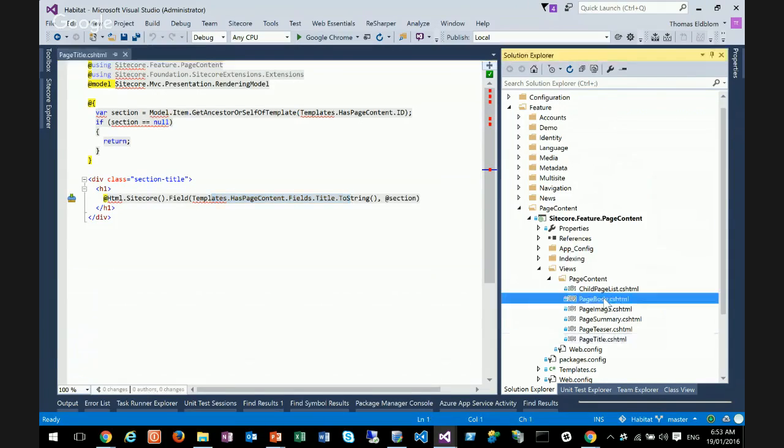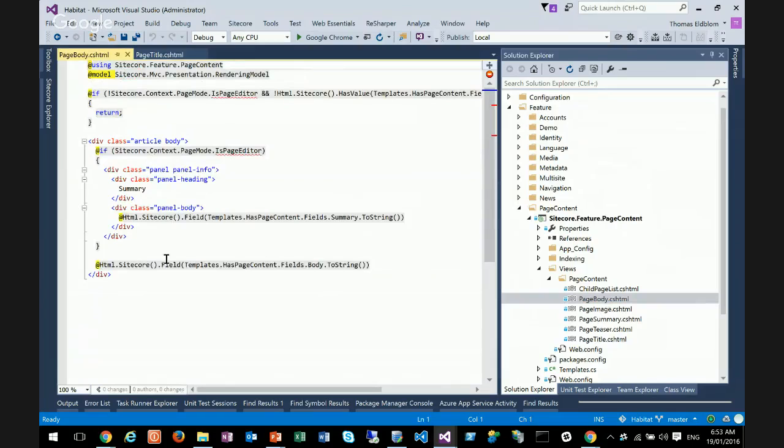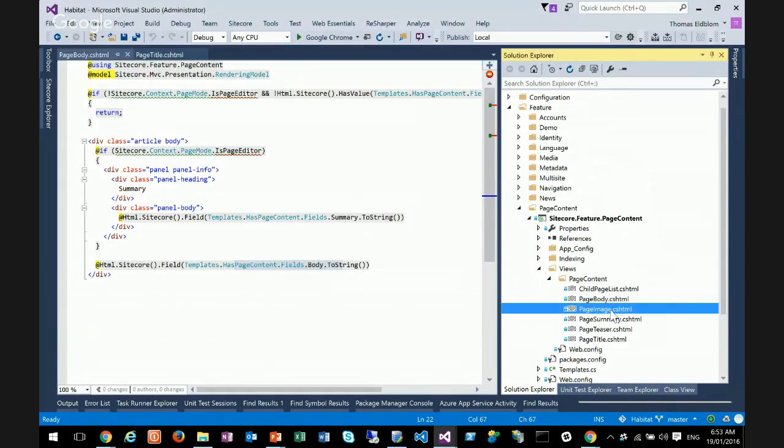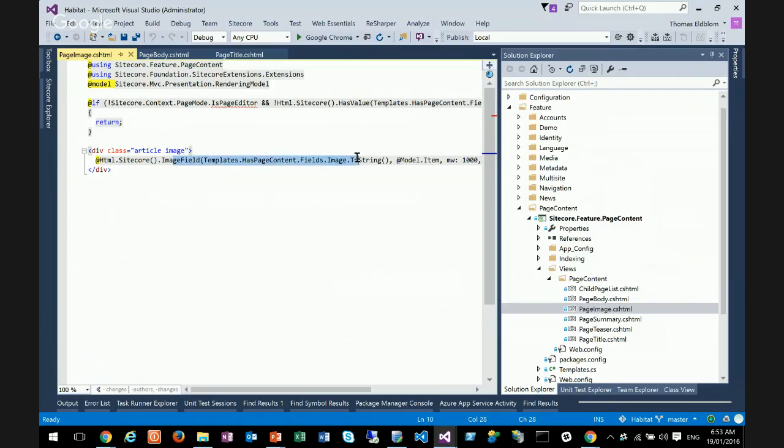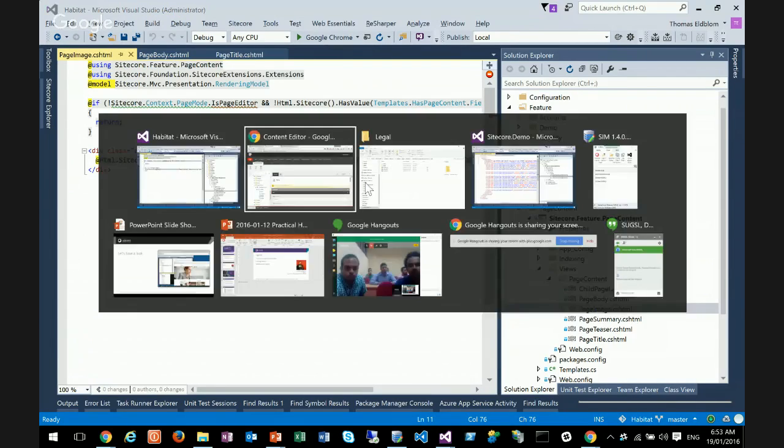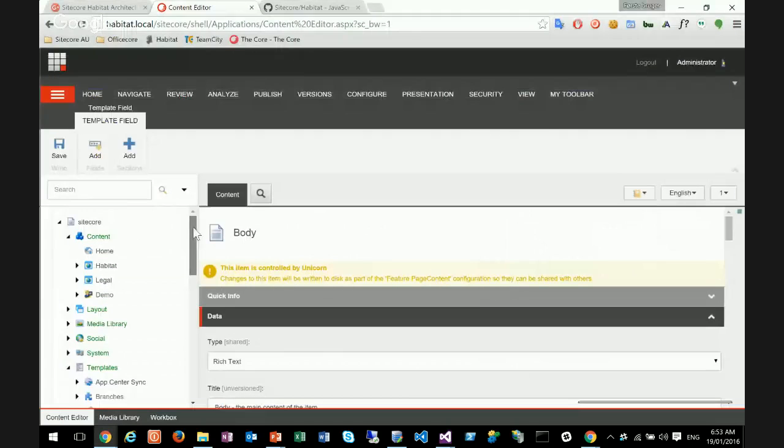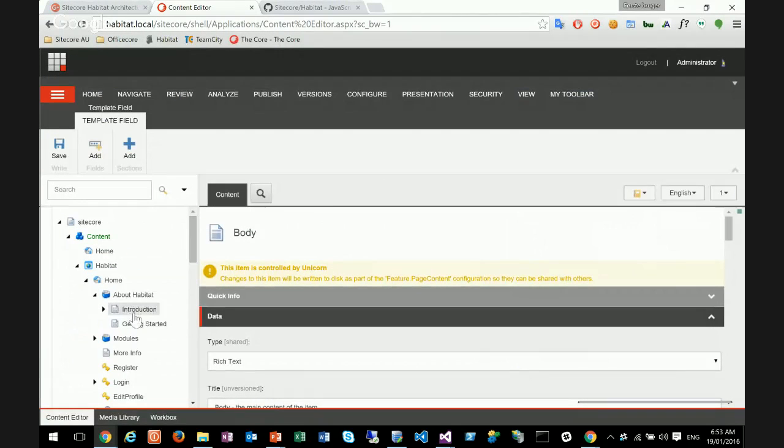We also have the page body, again a very simple one that outputs the body field, and page image that outputs the page image. So these are three different renderings that you can then place on the pages to output standard content. So if I go up to an article page like this one